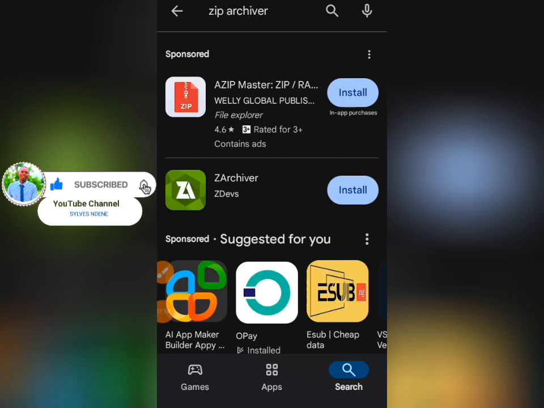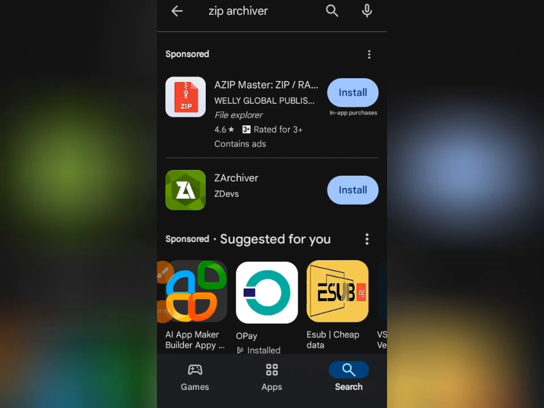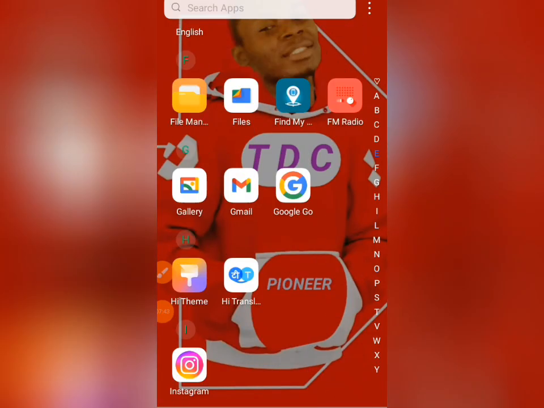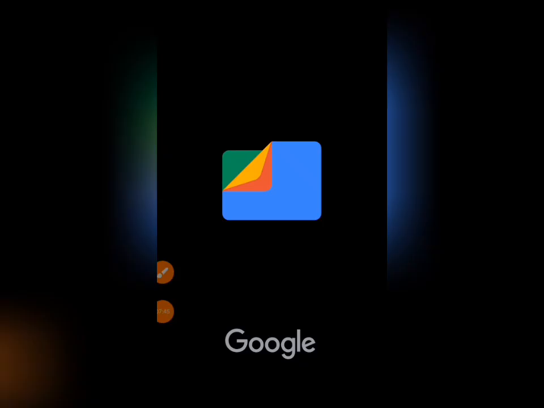When you open it, you go to download file, and then you're now going to unzip it, because these fonts are in zip form. So you are going to unzip it, just like uncompress it. But for me, the reason why I did not make use of this, I don't know about your own mobile device. Unlike my own mobile device, when I get to my file,